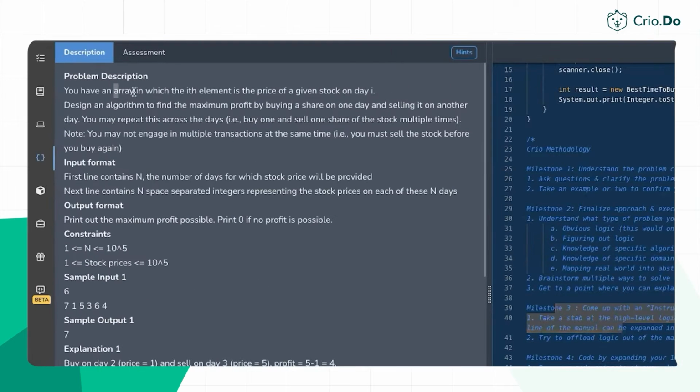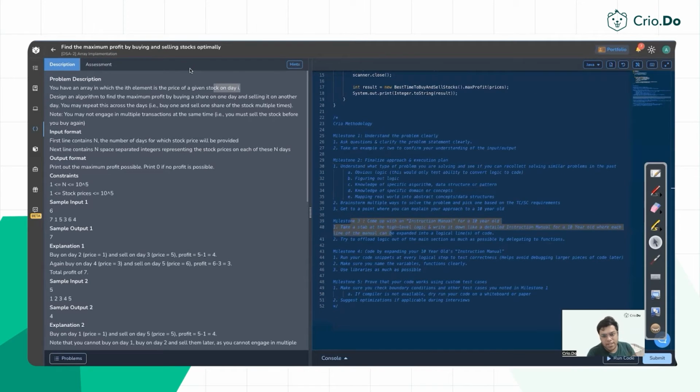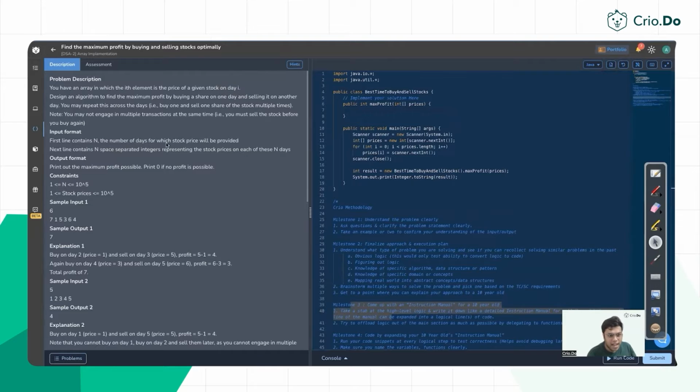We are given an array in which the ith element is the price of a given stock on day i. It means we are given some prices of a given stock on some different days. We can assume it is given in an array. And given the array, which has all the prices of different days, what you have to do is